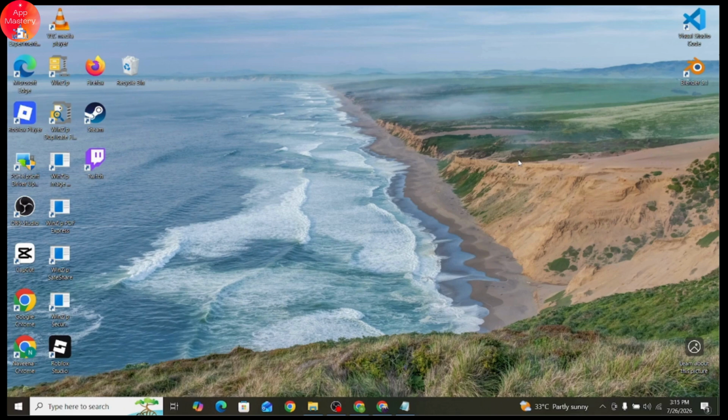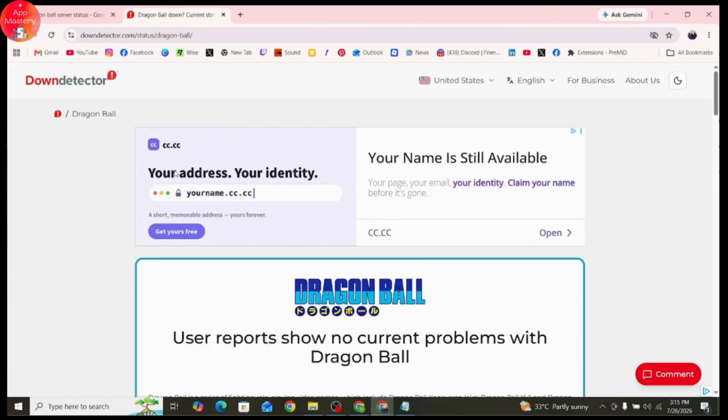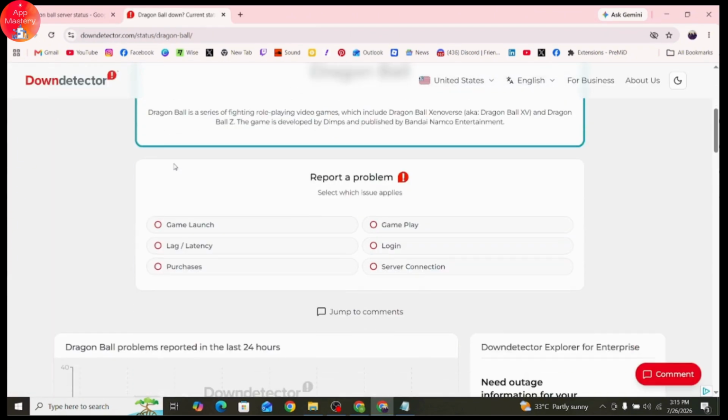You need to check the server status. Open up your browser and search for Dragon Ball server status. Go with Downdetector. If there's no issue found in the server, then follow the next method, which is you